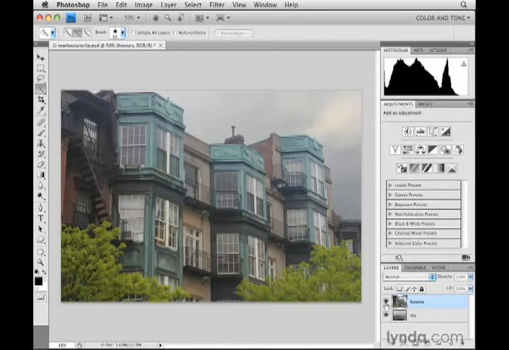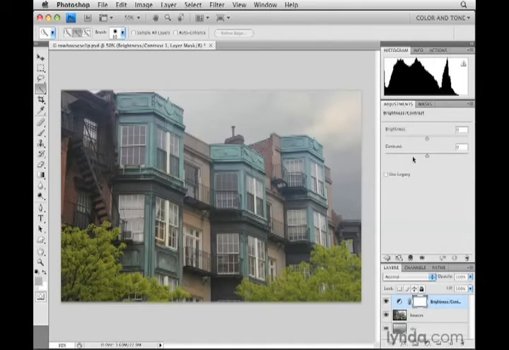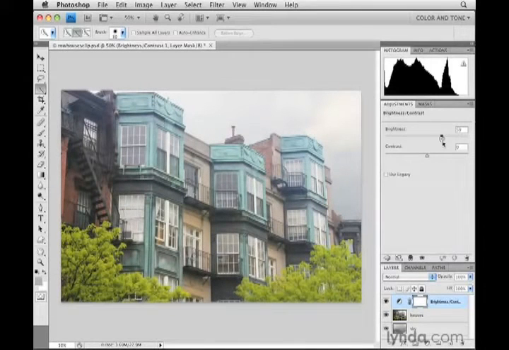I'm going to add a brightness contrast adjustment layer from the Adjustments panel by clicking the brightness contrast icon. You can see the new brightness contrast adjustment layer down here in the Layers panel, and the controls for that adjustment here in the Adjustments panel. It's really pretty simple. If you drag the brightness slider to the right, you increase the brightness of the entire image. And if you drag the contrast slider to the right, you increase the contrast between the light areas and